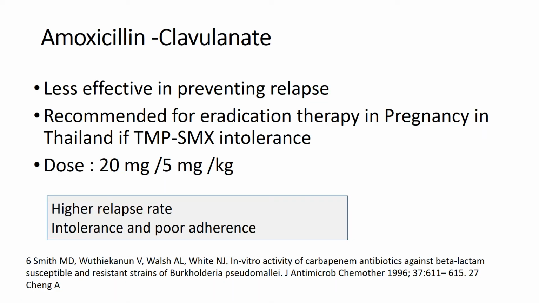Alright, so now looking at amoxicillin and clavulanate, it's actually less effective in preventing relapses. It is recommended for eradication therapy in pregnancy in Thailand in their guidelines if the patient was Bactrim intolerant. So for pregnant ladies, the first choice was still Bactrim, but if they were intolerant to Bactrim, they actually gave them amox clavulanate, and the dose they use is pretty high dose, 20 amox and 5 milligrams of